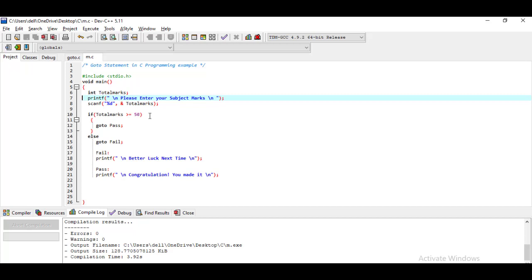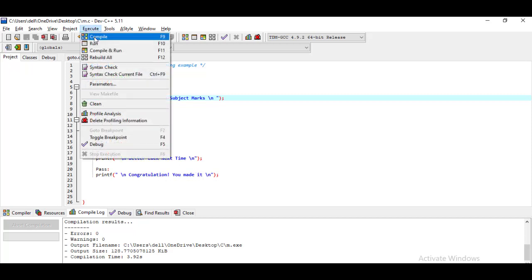What has happened is that if the marks are greater than or equal to 50, I have written goto pass. So from this goto statement, the execution jumps directly to the pass label and displays the message congratulations you made it.